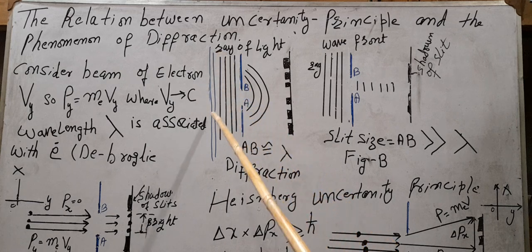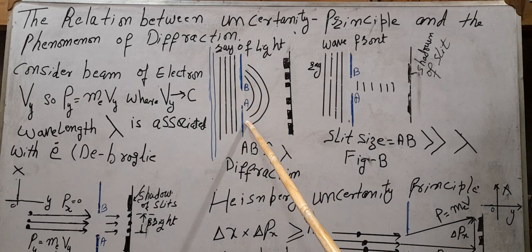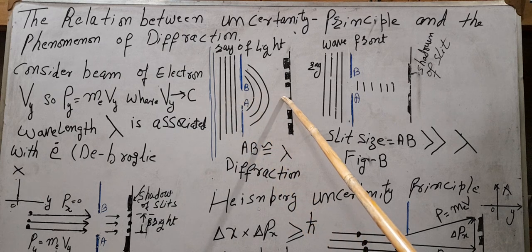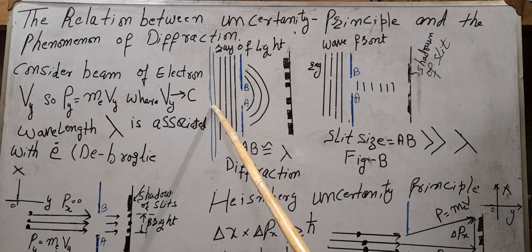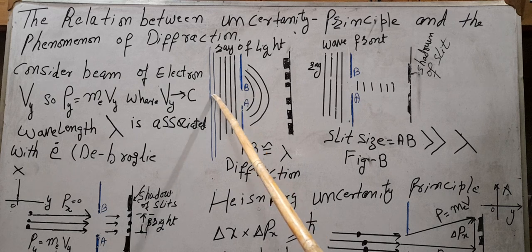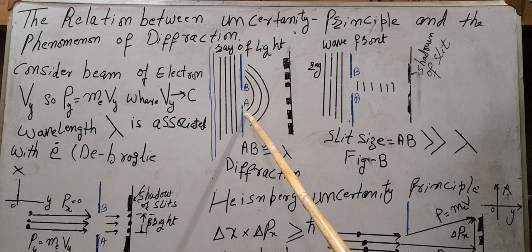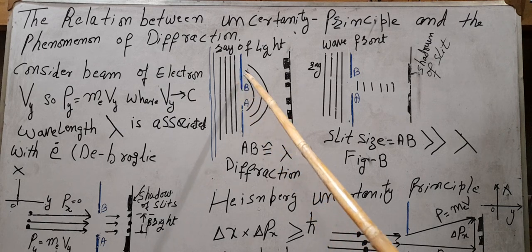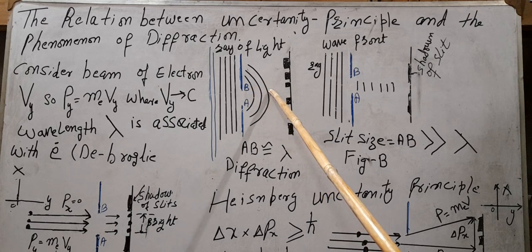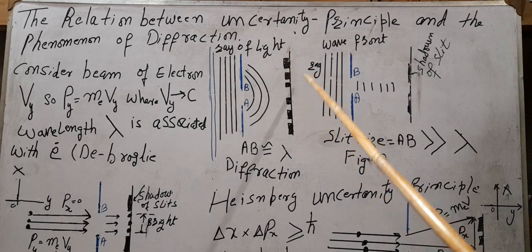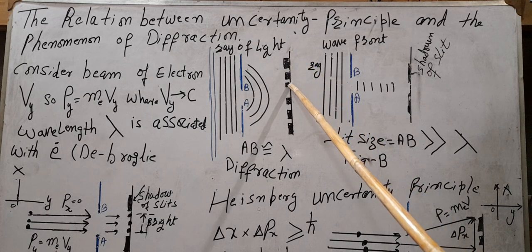When these plane wave fronts come towards the slit AB, after passing through it they are no more straight, or the direction is no more along the x-axis, but they spread or bend around the corners of the edges AB, and spread into the region beyond the slit where there should be no light,